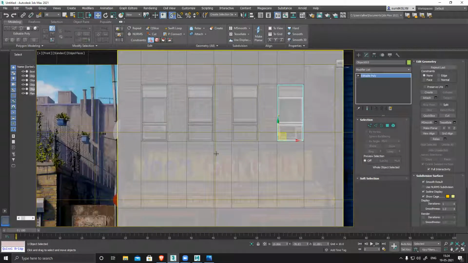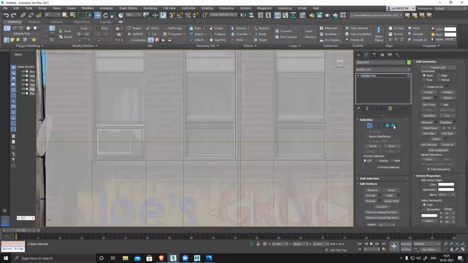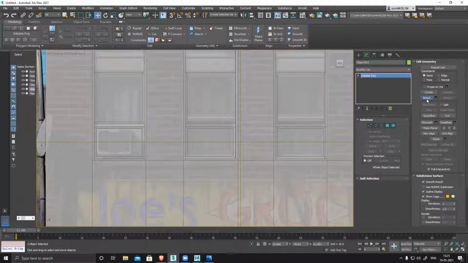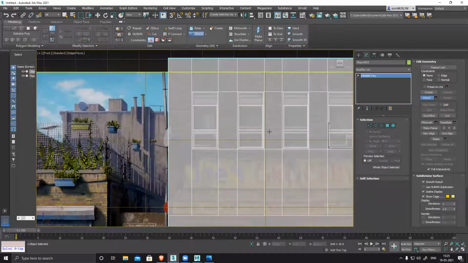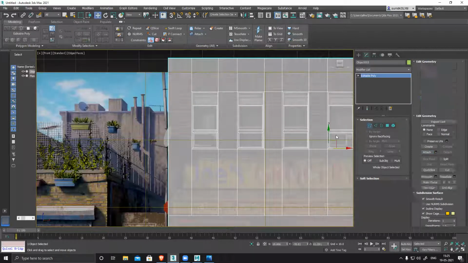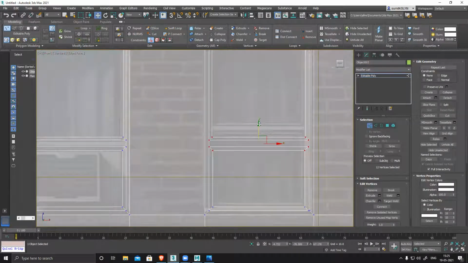So like this, you can create one and then use it again and again. And then you can identify the difference. So let me attach everything. Select this and move it.